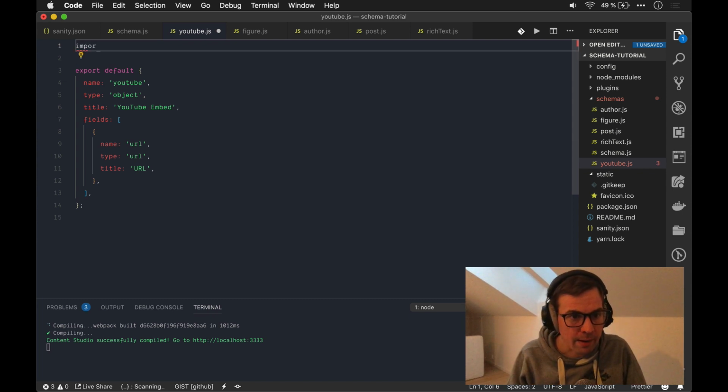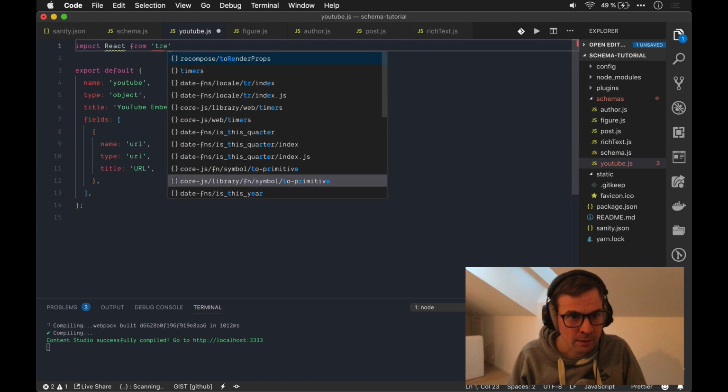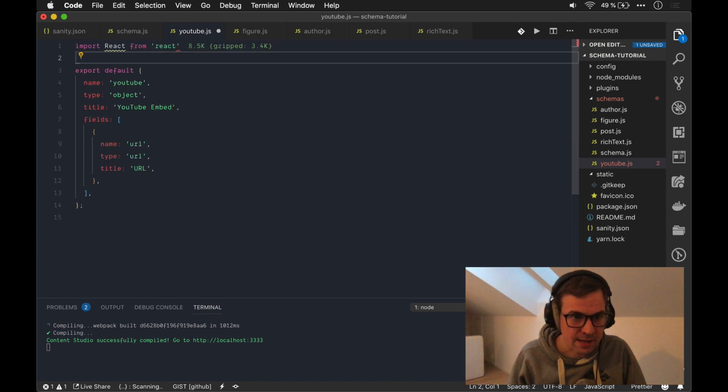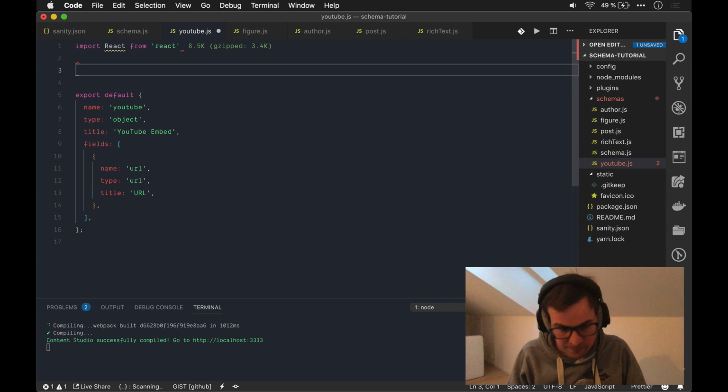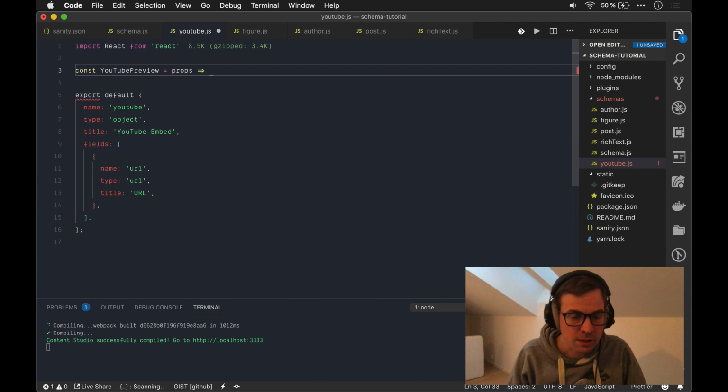So we begin by importing React so that we can parse the JSX syntax. And there's no state in this preview component. We just pass the URL string in as a prop. So we can make this a function, YouTube preview. It has some props. So first we want to see what props we have. And you could just console log it out like this